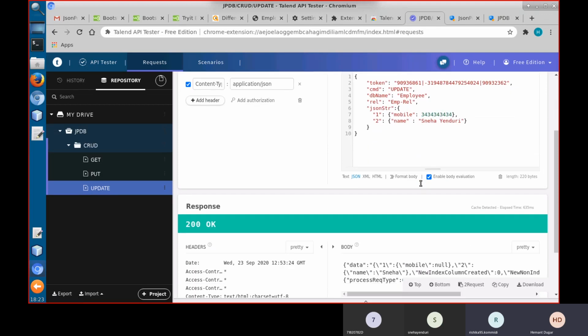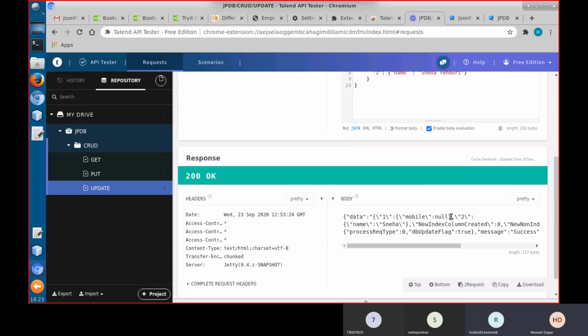Also save it. So you see no error. One record, mobile null, 2 name Sneha, new non-indexed column created. So something is wrong, na? New non-indexed column created, additional data. There is a new column created.